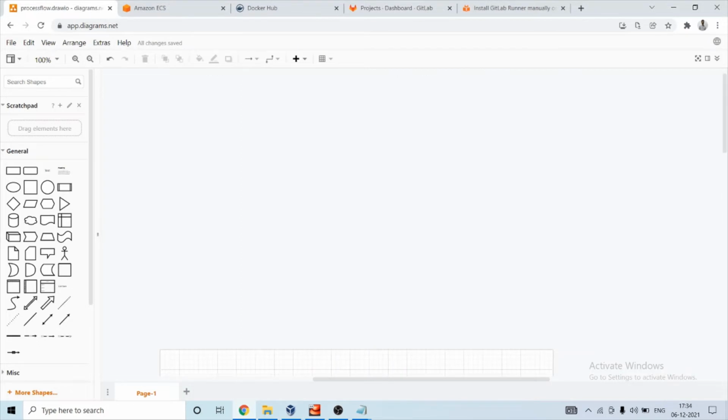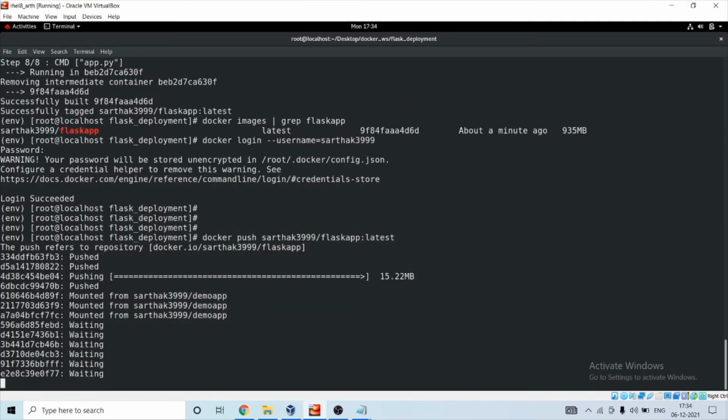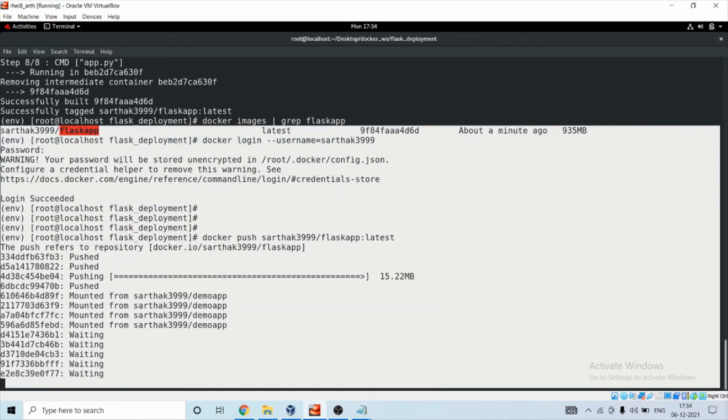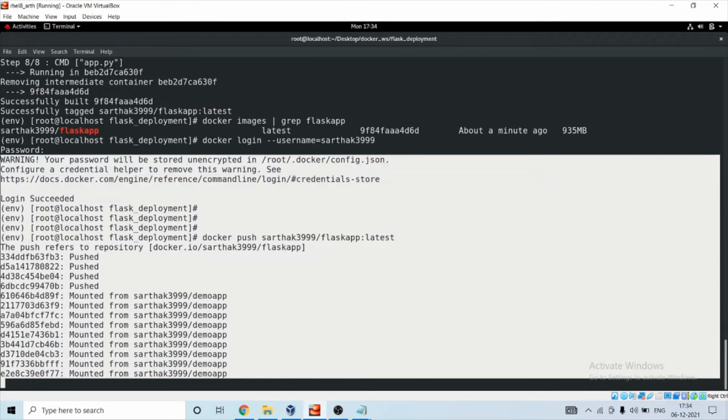As we can see, I have completed this part: I've made my Flask app, created a Docker image, and now I'm pushing our image to Docker Hub. It might take some time depending upon your internet speed, so I will resume the video after my image has been pushed to Docker Hub.